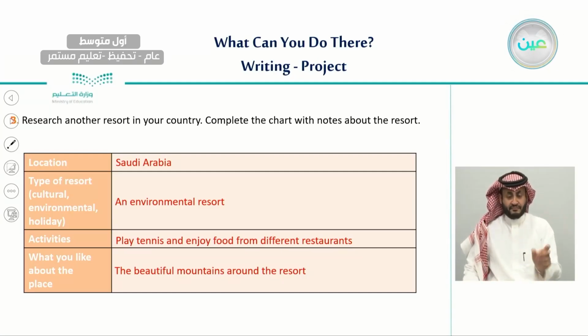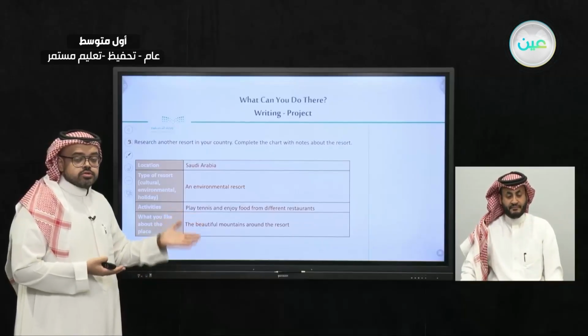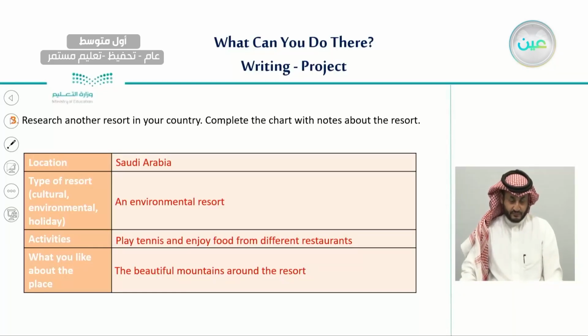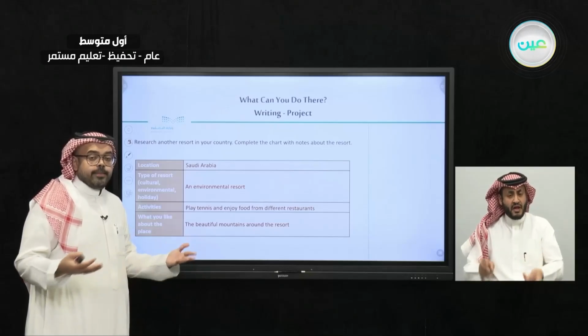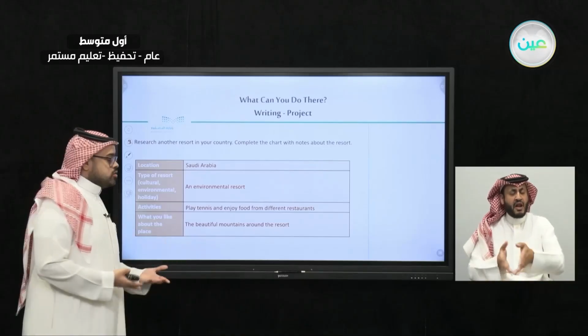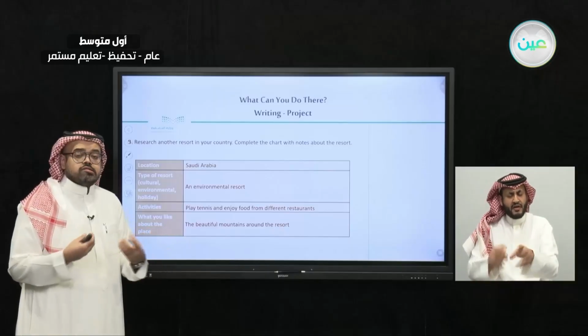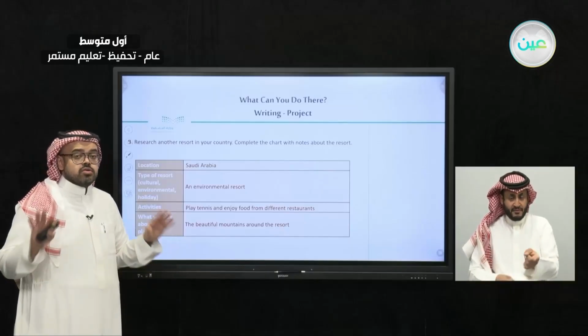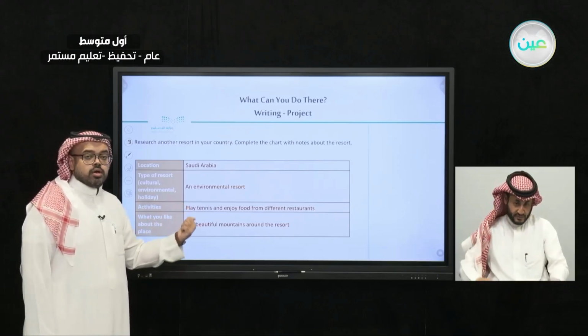For example, Badriya wrote about Abha. You can write about an environmental resort. You can say, for example, I'm going to the environmental resort. You can ride a motorcycle. You can swim, and today I'm going to play tennis, and tomorrow I'm going hiking. So you can write similar ideas and activities about any resort you can think of that you already filled in the chart before.